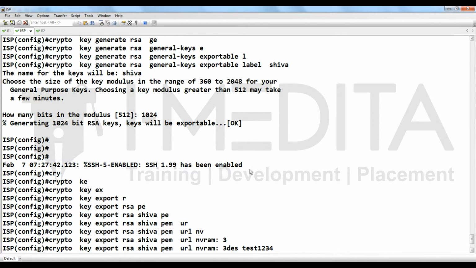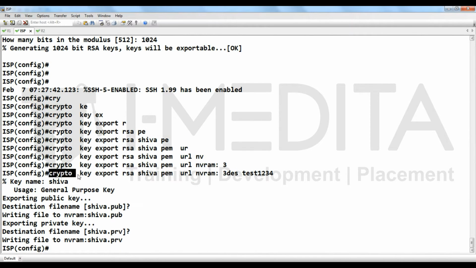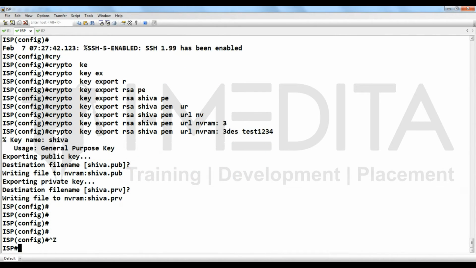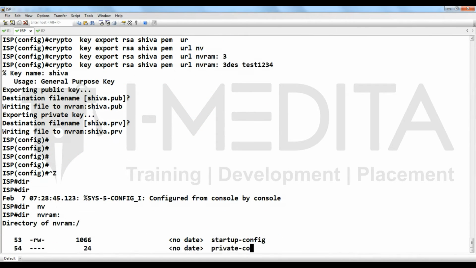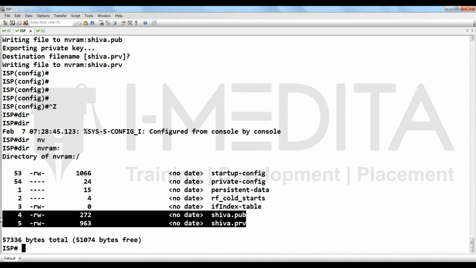Now they are ready for future use. Then we export the crypto keys with the name of this label, save them in NVRAM, and protect them with 3DES, with key test123. Now it is saving the public and private keys. You can put the command dir nvram and see them.